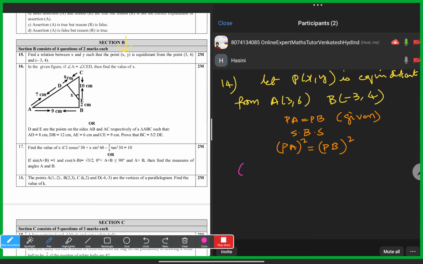Apply it, Hasni, faster. X2 minus x1 whole square plus y2 minus y1 whole square for P and A. Sir, the A value is x2, right? Yes, Hasni. X2 comma y2 is 3 comma 6. X1 comma y1 is x comma y, which is P. So 3 minus x whole square plus 6 minus y whole square is equal to